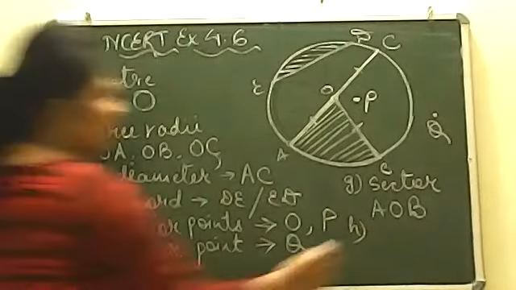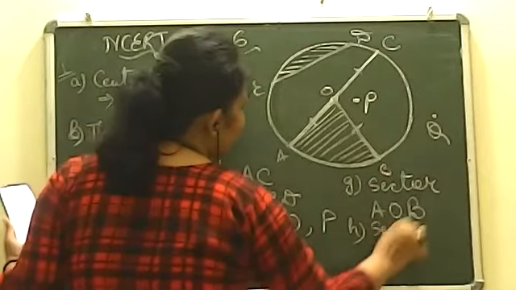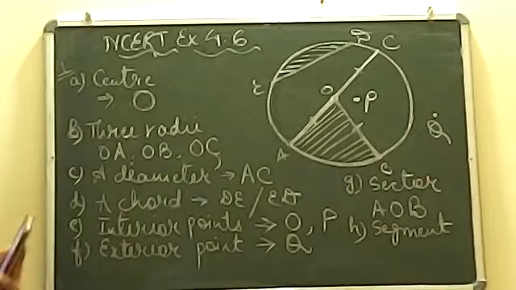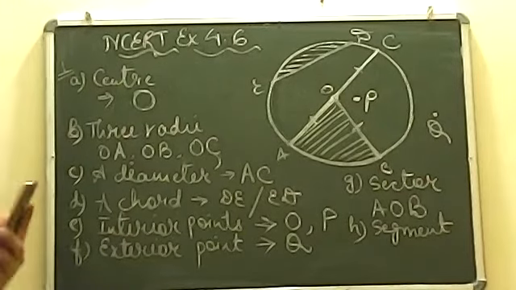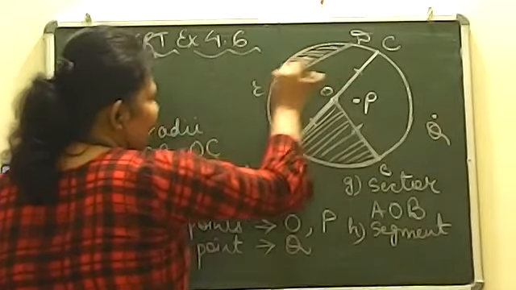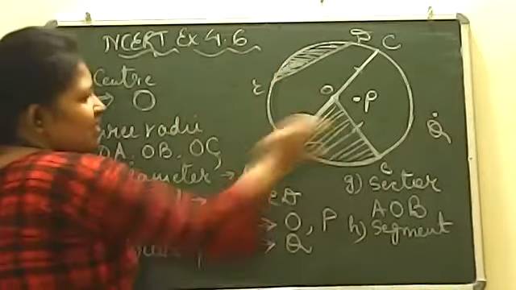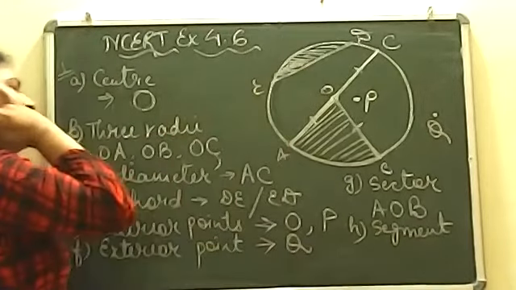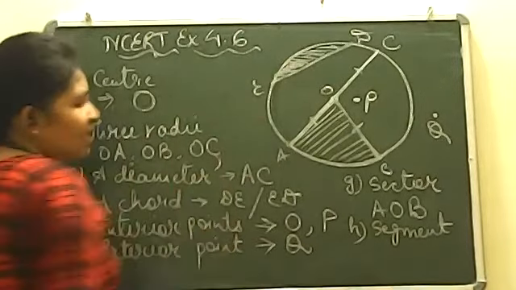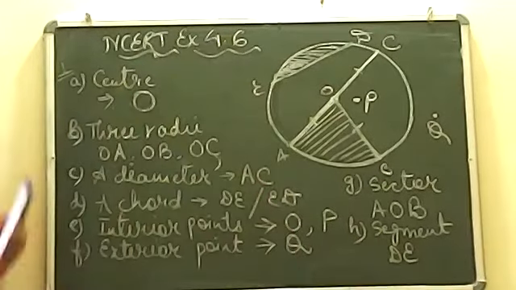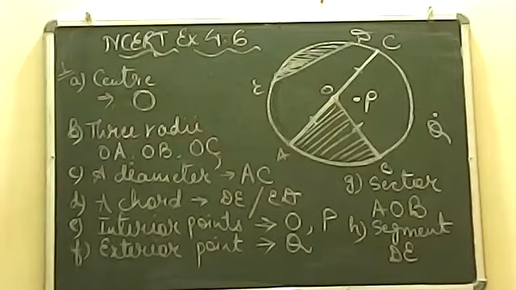Yes, correct answer. Now let's move on to the last question, that is segment. Segment का मतलब होता है बेटा ऐसा part जो सर्कल की कॉर्ड के थ्रू कवर्ड किया जाता है. You can see this one. I have given the example yesterday related to a cake. है ना? How can you cut a cake? This is sector. How you cut a cake, and this can be also a form. How can you cut your cake? So this is DE. So what will you write it down? Segment DE. Now this is completed. Question number 1 is completed, beta.